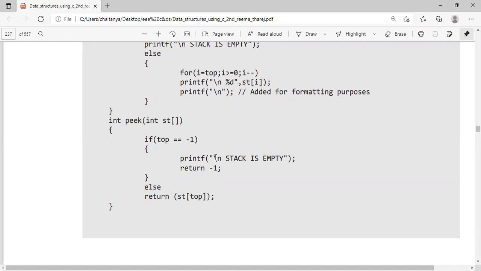If top is equal to -1, that means there is no element in the stack. So I will printf stack is empty and return -1. Else, I will return st of top. So if I want to know the topmost element in the stack, I will use the function peek.